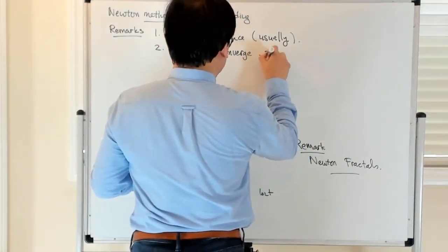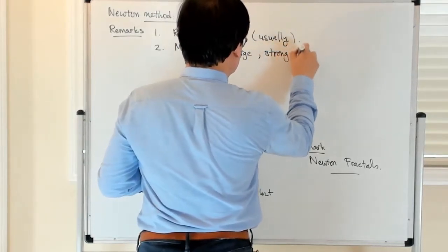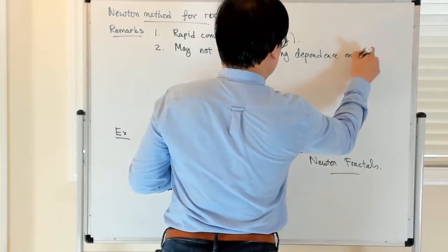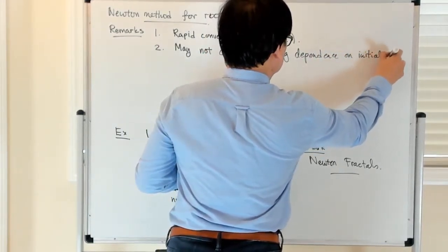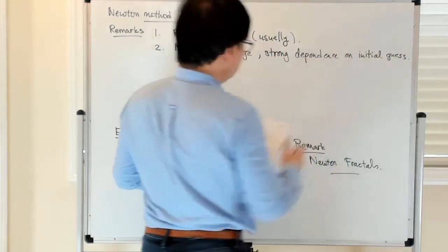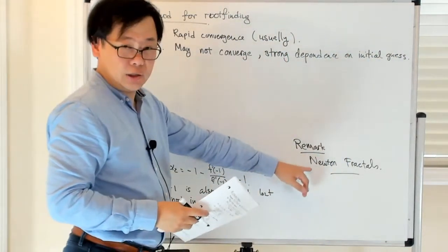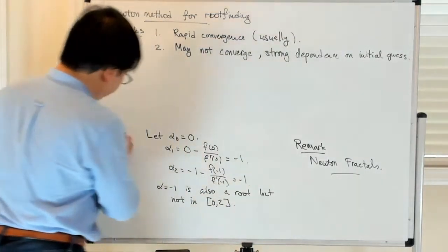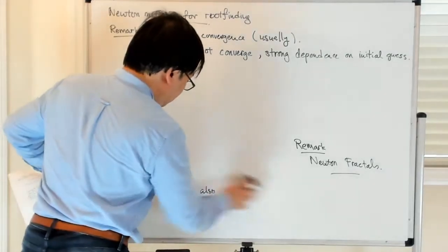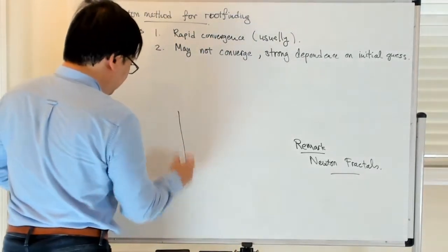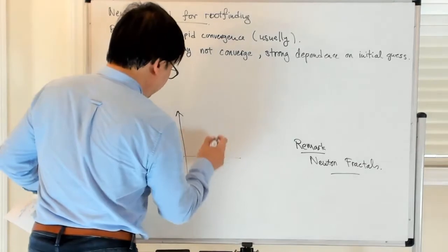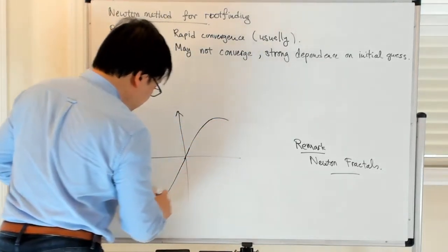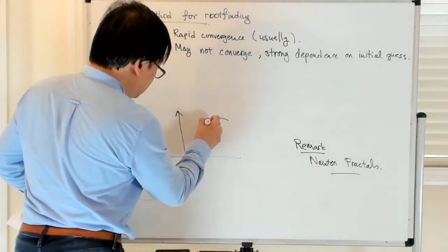So the second thing is that Newton's method may not converge. And there's a strong dependence on the initial guess. And again, you can see this strong dependence on initial guess by searching Newton fractals. As to the part about not converging, let me try to draw for you an example of a function for which Newton's method may not converge, or actually does not converge, at least for certain choices of initial points. Okay, so